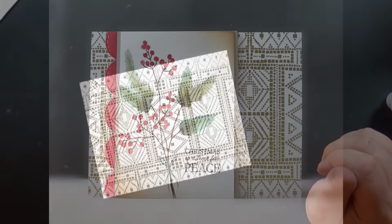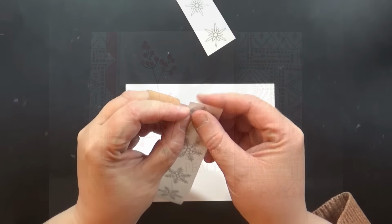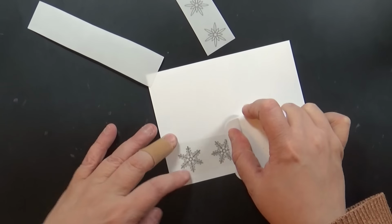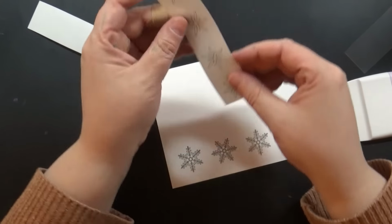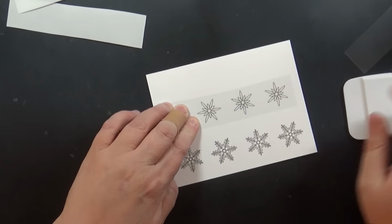And now I've taken the sketch and I have rotated it. So it's the same sketch, but I have just rotated it. I've also added that little Kraft border and a die cut border. Simple changes using the same sketch, but making it fit with the products and things that I'm excited to be using. Now here I'm using that same snowflakes stick and shine design,